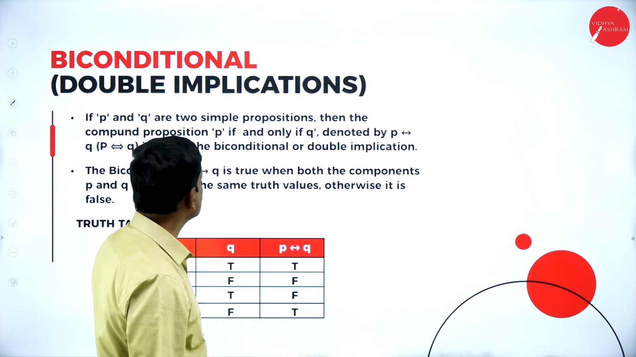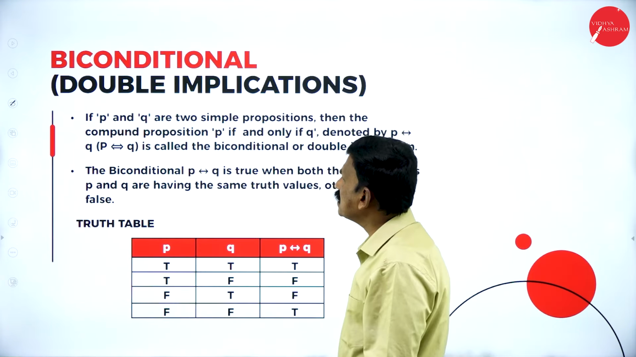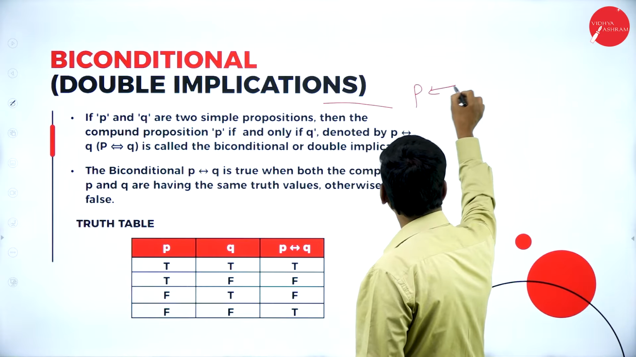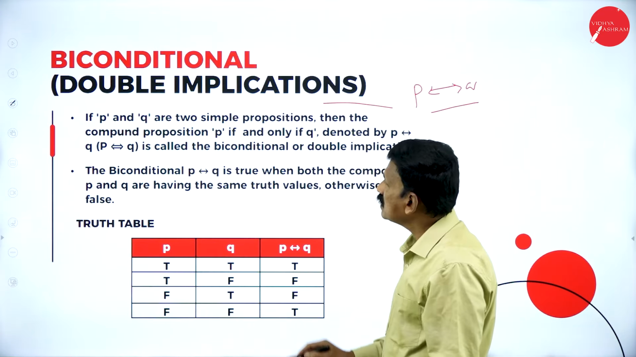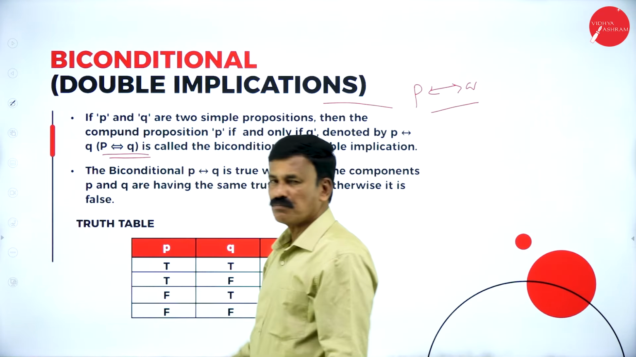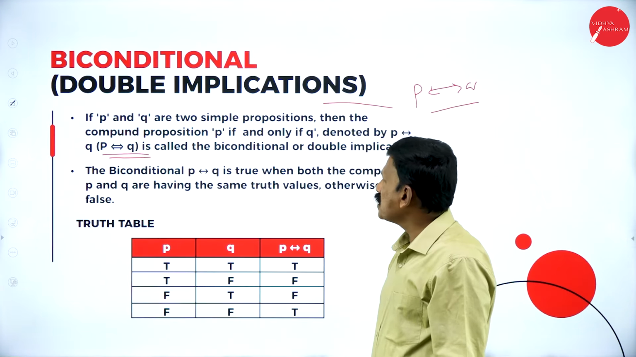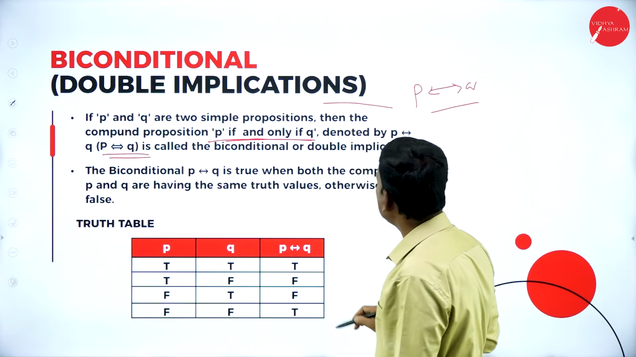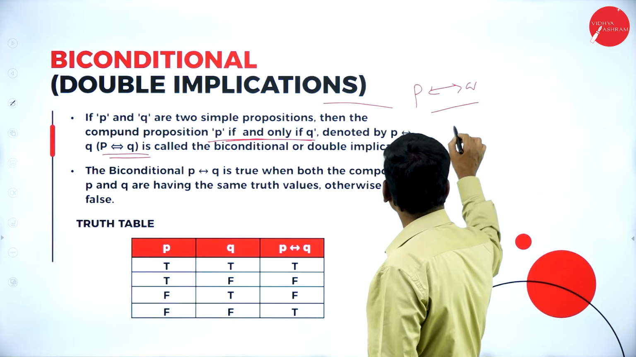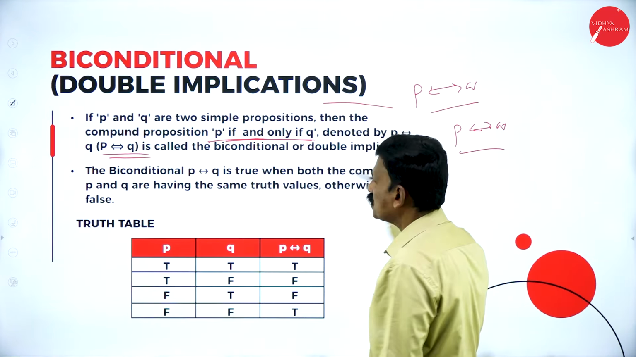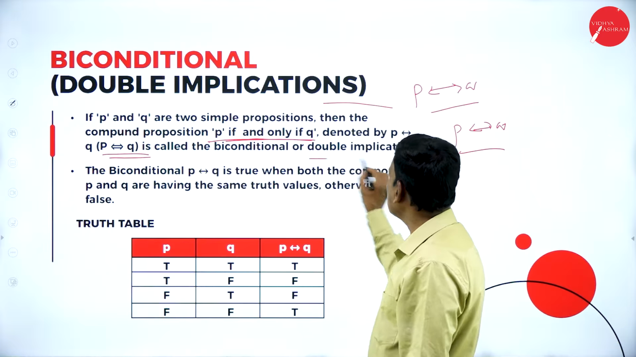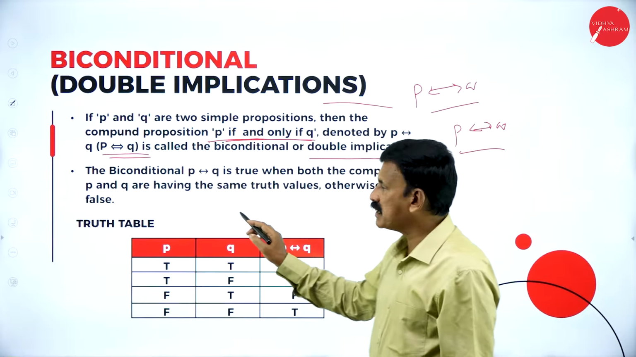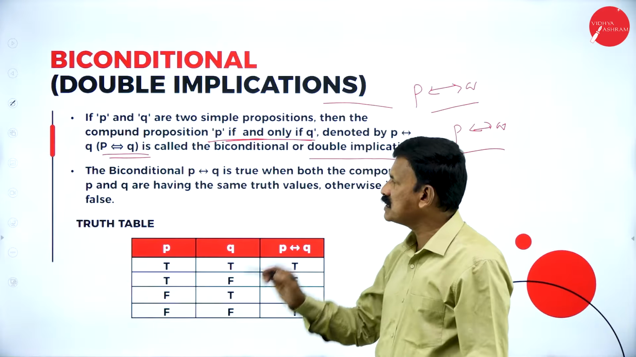Now move on to the next concept, biconditional, also called a double implication. It is denoted as P ↔ Q. If P and Q are two simple propositions, then the compound proposition "P if and only if Q", denoted as P ↔ Q, is called the biconditional, or double implication. The biconditional P ↔ Q is true when both the components P and Q have